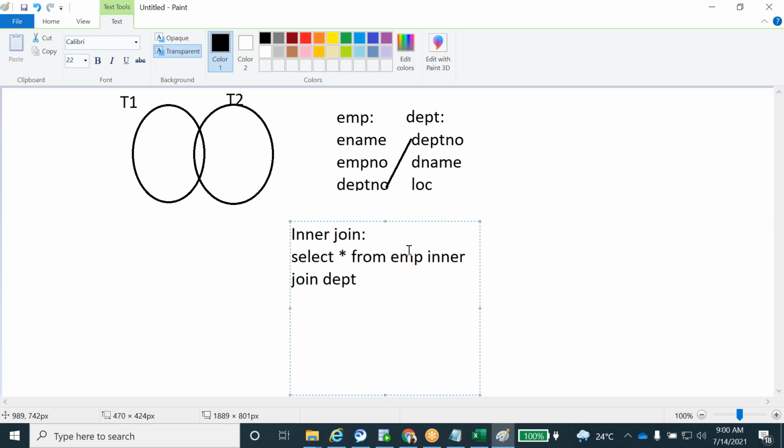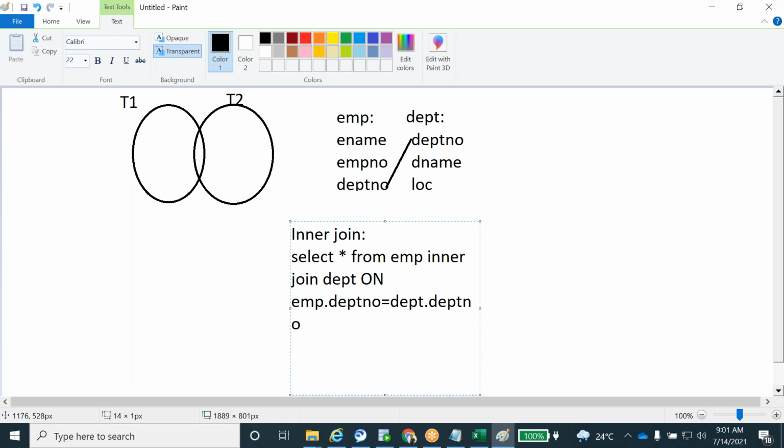So I mentioned EMP inner join DEPT. Like that I'm writing the syntax: table 1 inner join table 2, then you have to use ON. ON is a clause. ON EMP dot DEPT number, what is the common column here? Common data, DEPT number equal to DEPT dot DEPT number.